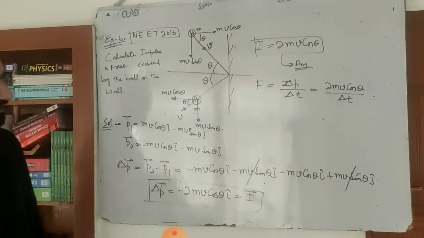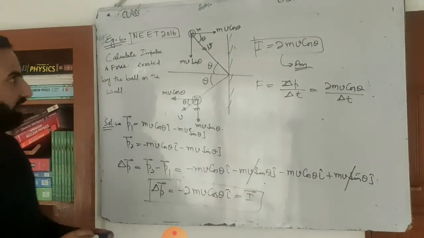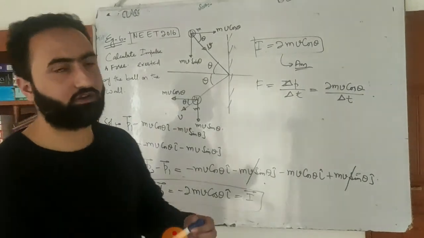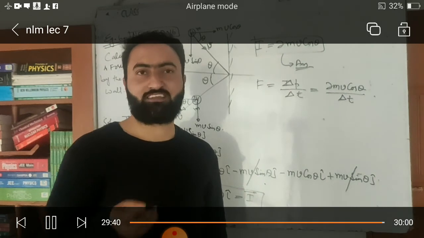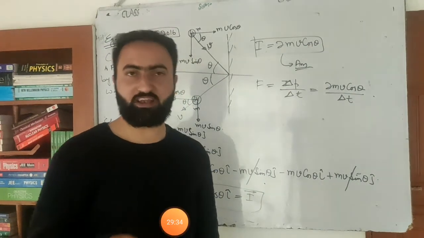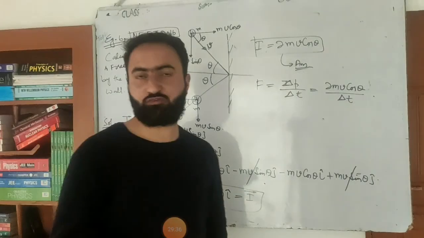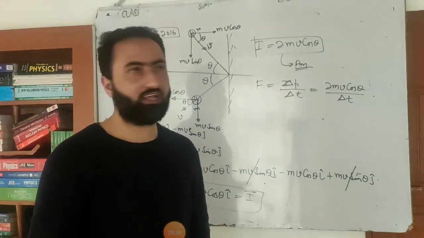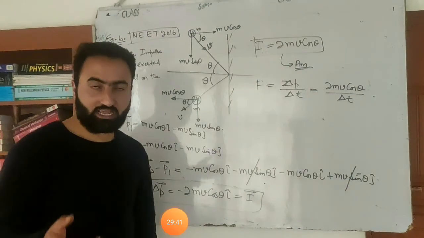Done? Okay, so enough for today. I will revise it a bit. First of all, we have done examples on Newton's second law of motion. Then we have defined what impulse is, what impulsive force is, and what the impulse-momentum theorem is. We have done examples on that as well. Okay, so the next lecture will be free body diagrams.